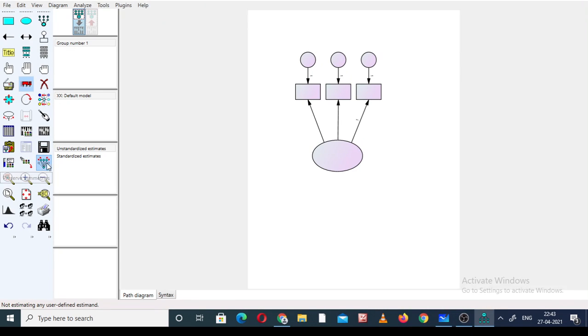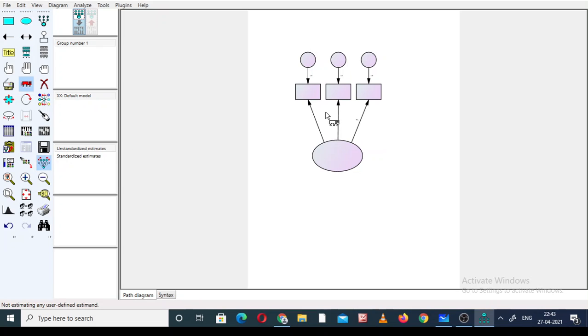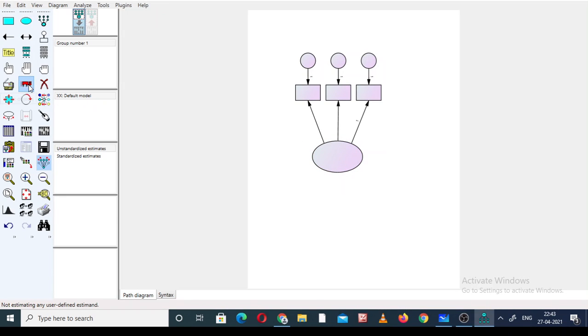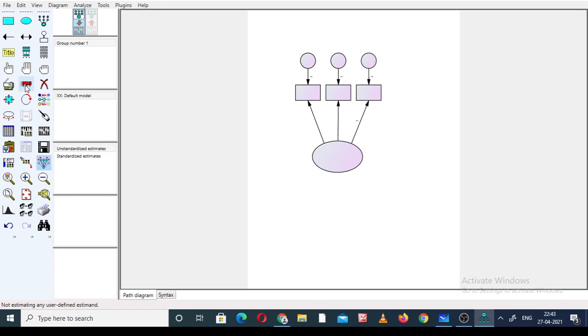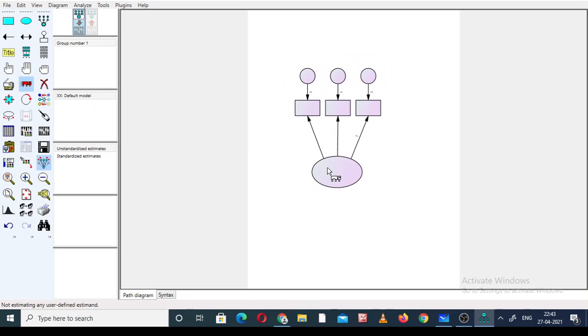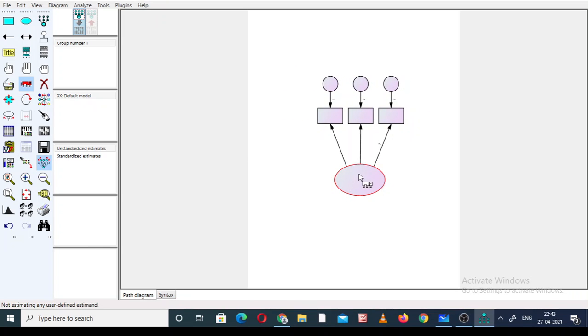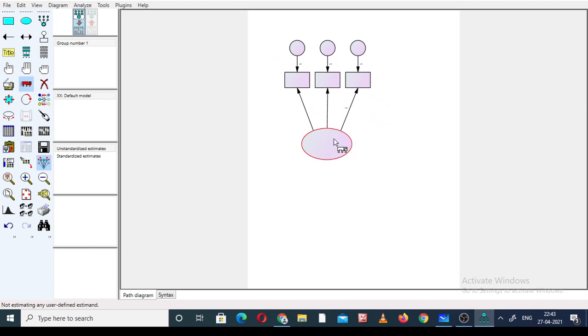When we click on this one, everything will come in the form of the selected, and after this we have to click on this move object. So what is this? This is actually how we can move it. The complete diagram will come to another location.